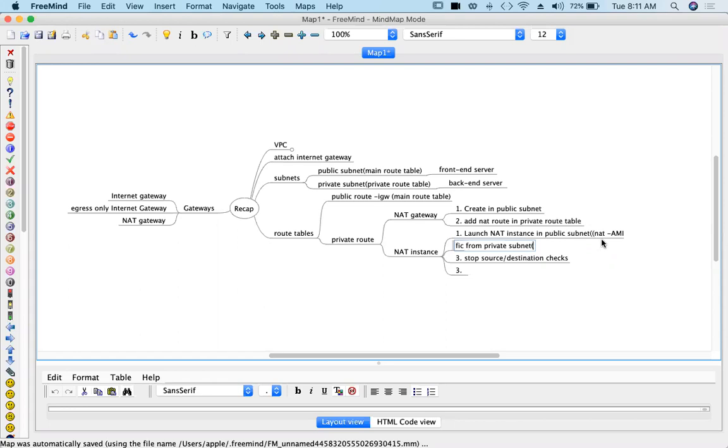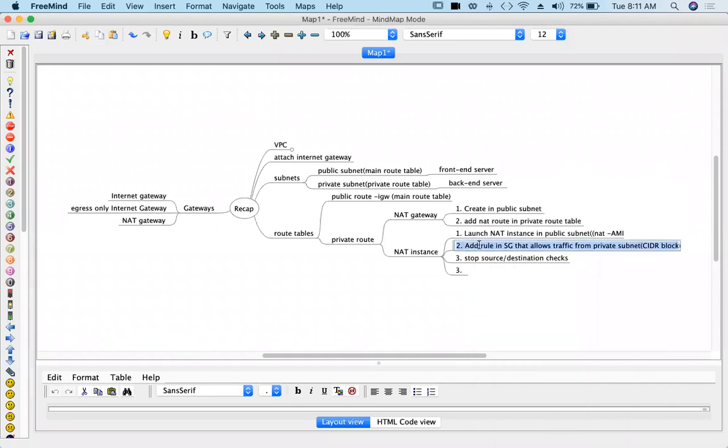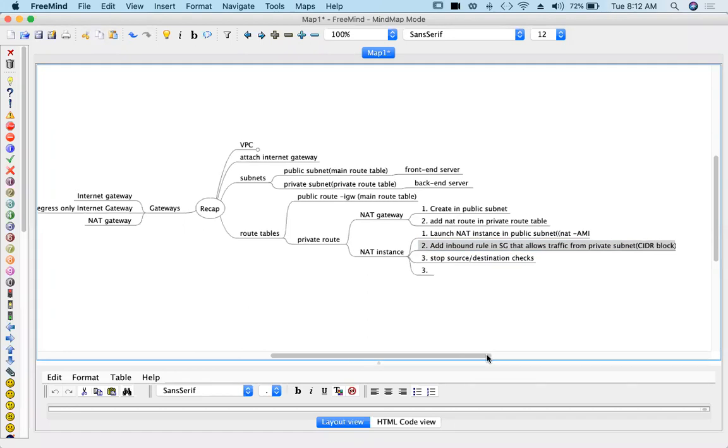And here you have to give the CIDR block of the private subnet. And the rule is an inbound rule, right? So you have to add an inbound rule in the security group that allows traffic from the private subnet CIDR block.